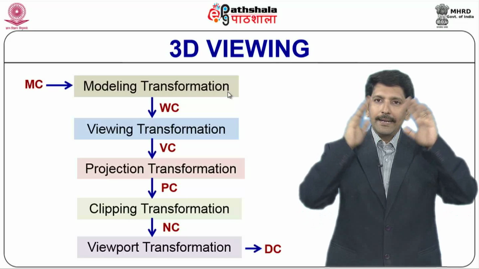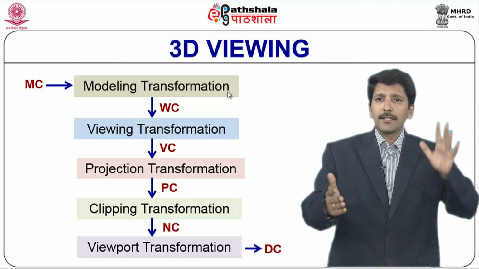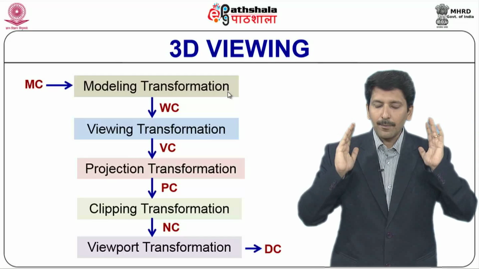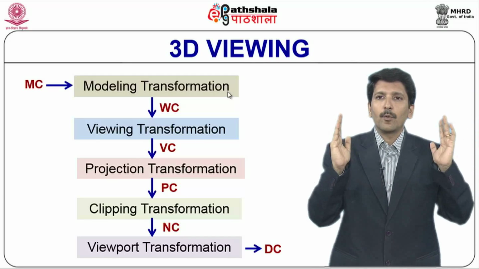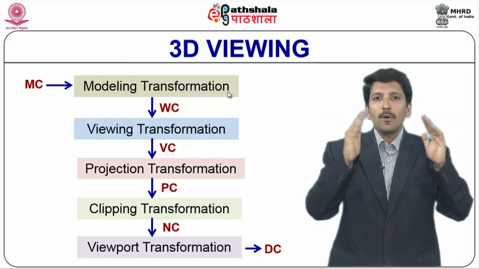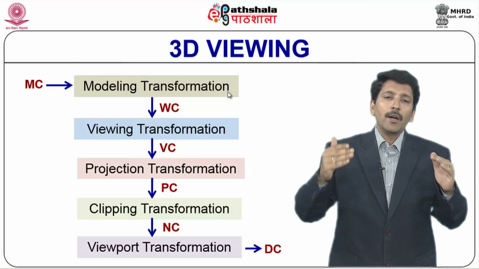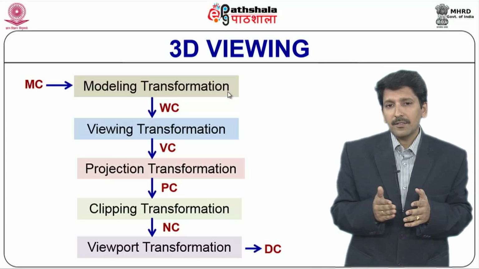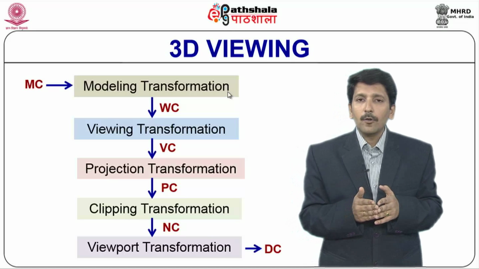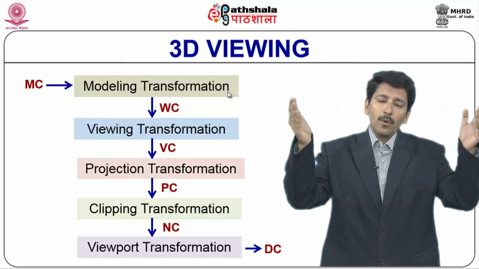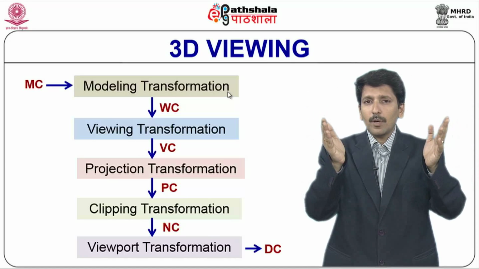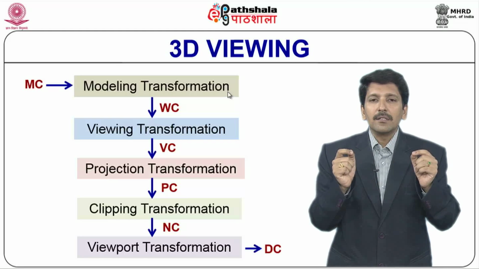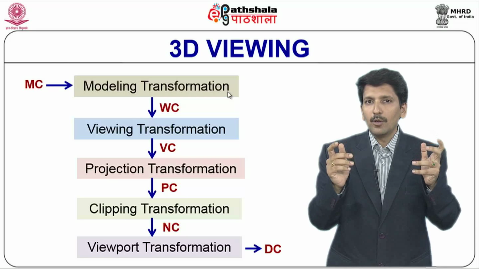A volume is a kind of region, say for example from here to a few meters. Whatever falls within the volume should be viewed, and whatever is beyond the volume should be discarded. So the step of clipping transformation takes into account the removal of all those, that is, it considers what is inside the volume. So the projection transformation determines the volume, which is called the view volume, and